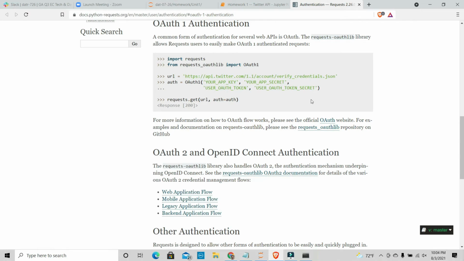you'll see this info right over here, right? Your app key, your app secret, your auth token, your auth token secret right over here like this. So you basically have to go ahead and load it into a variable like this and pass that in when you connect to the API endpoint. So if we go over here,